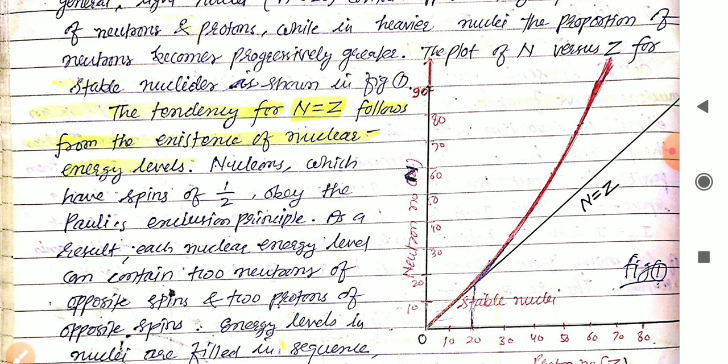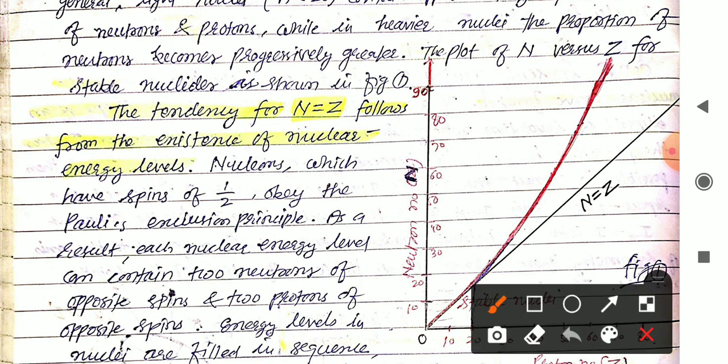curve, which is a little bit deviated from the original path, is the practical line, or we can say that this is the line that we have drawn from the experimental data. So the original configuration of the nucleus is followed by this second line. Which line? This line. So